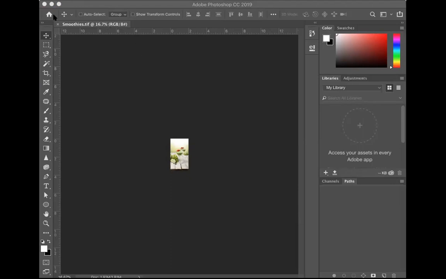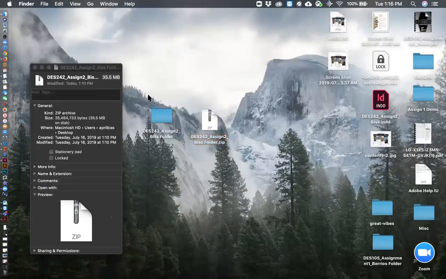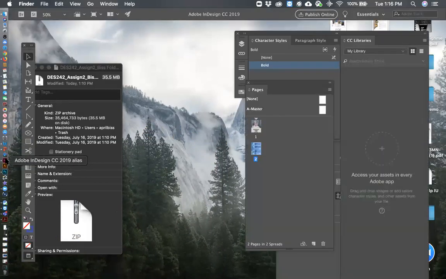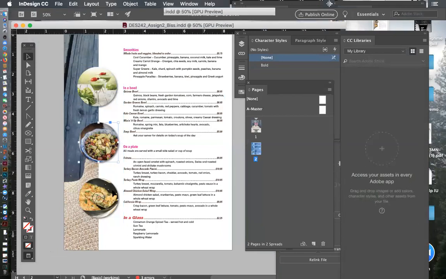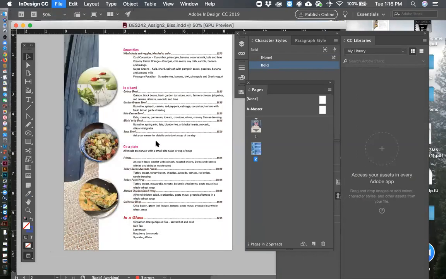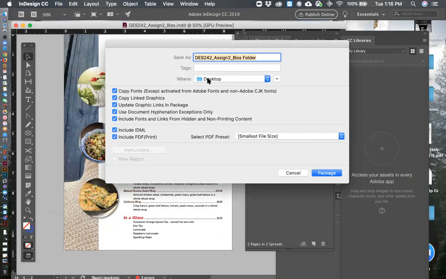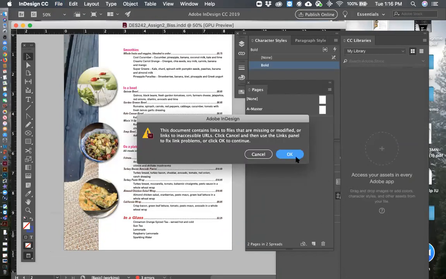So I would go ahead and delete what you did before. I know you guys didn't see what I was just doing here because I forgot to share my screen. Sorry, guys. I'll share my desktop so you don't lose that. I'm just going to go ahead and delete everything that I just packaged. Go back into InDesign. I just replaced these with the TIFF files, saved it, and now I'm going to package it again, just because I have all those images in there that are new, and see what my file size will be. Smallest size for a PDF is fine. Package, click OK.